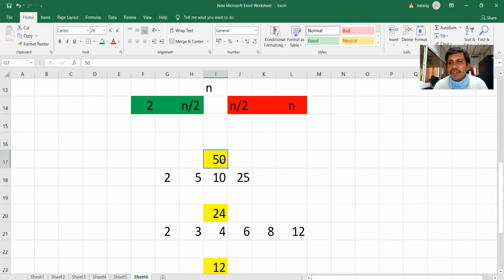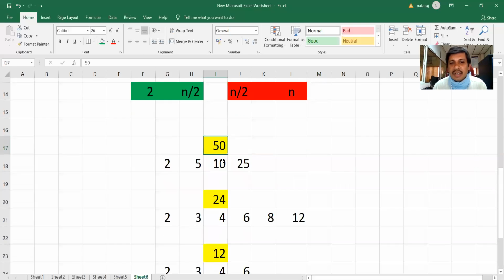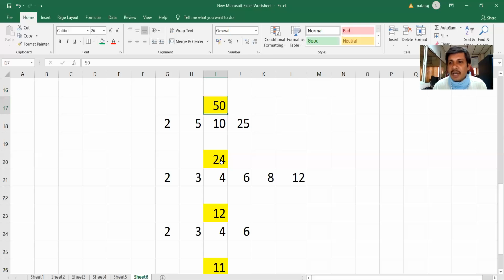Okay, 50 has got 4 factors, it's not a prime number. 24 has got 6 factors, not a prime number. 12 has got 4 factors, not a prime number. And the number of factors has got nothing to do with whether a number is prime. Number of factors for a given number has got nothing to do with checking whether it is a prime number or not. The first factor will be within the limits of 2 to square root of n. We'll check it out now.